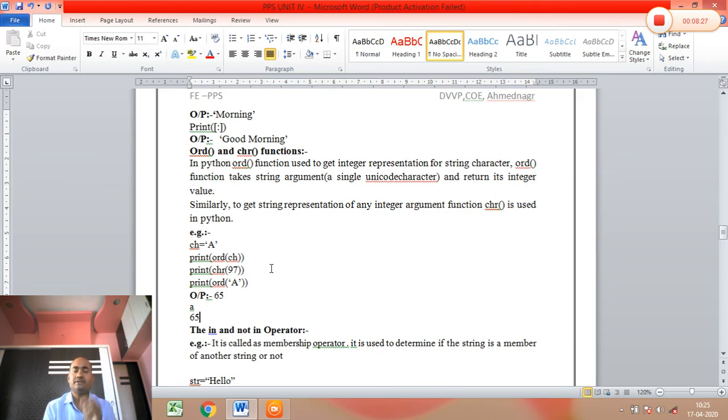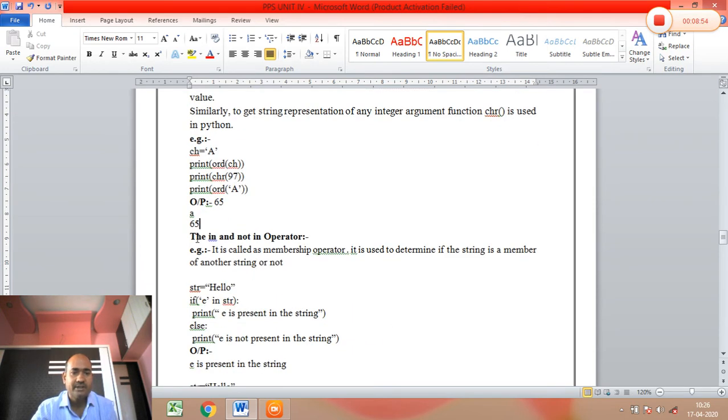For this purpose chr is used. So print chr(97) produces small a. Again print ord of capital A produces 65. In this way ord and chr functions are used. ord produces the digit value, and chr produces the character value of the digit. So here is one example. Now another operation is in and not in.